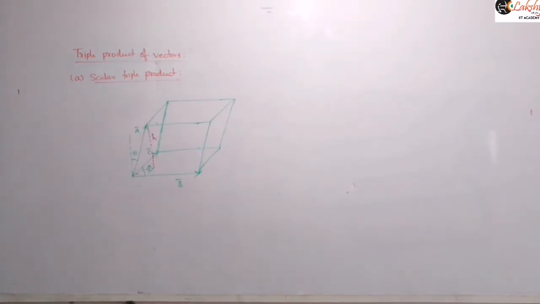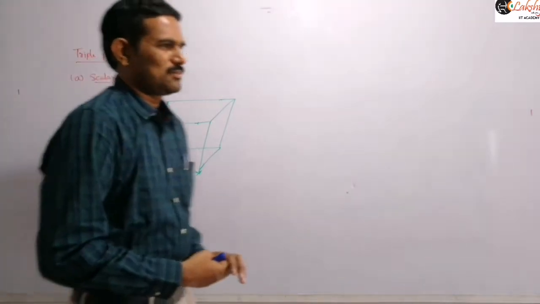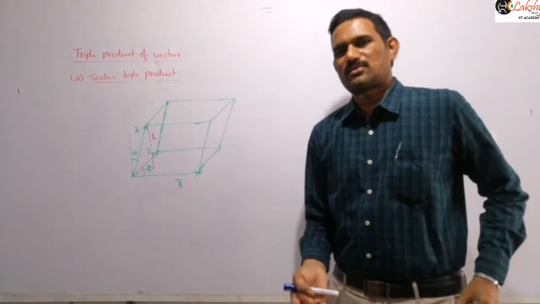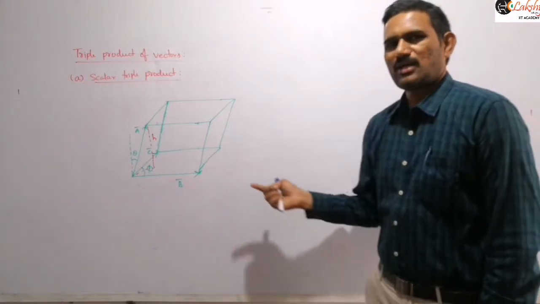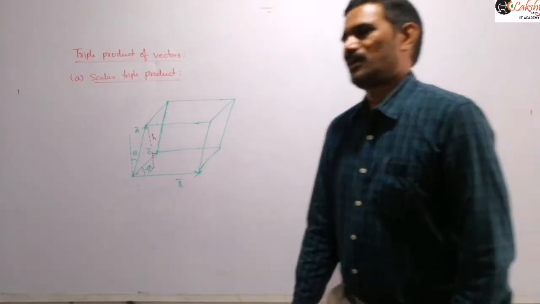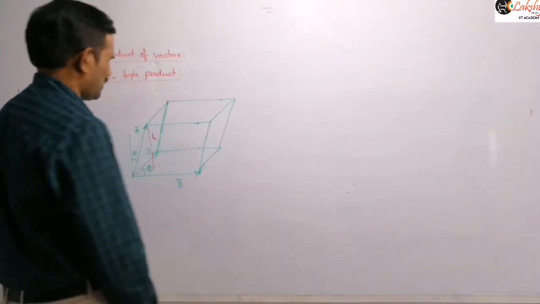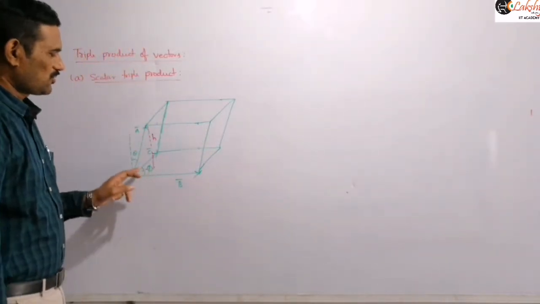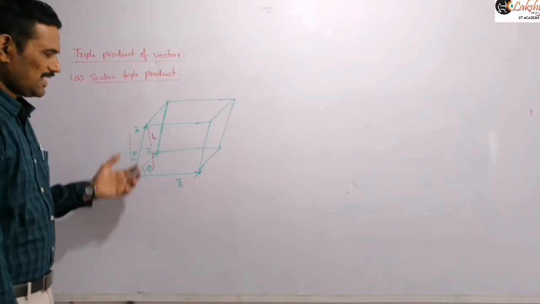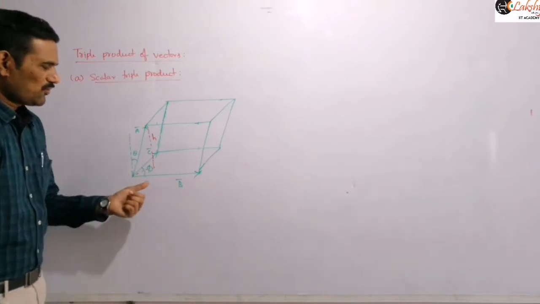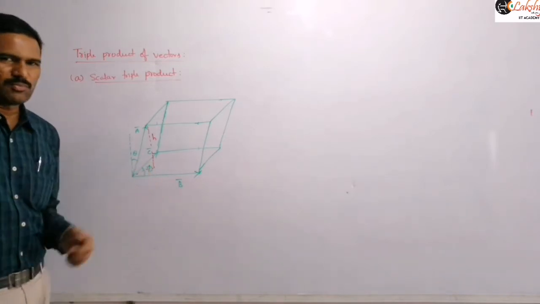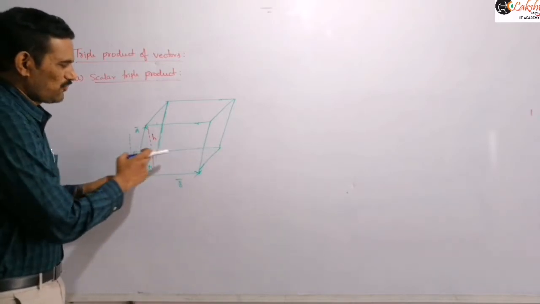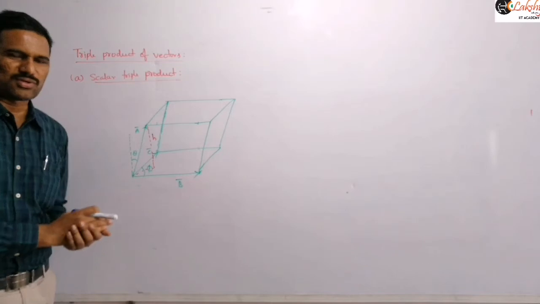So now to define this scalar triple product mathematically, let us consider what it actually represents. Suppose I am taking a parallelepiped like this, formed by three vectors as the adjacent sides of the parallelepiped. This is A bar, B bar and C bar, right? And now we know that if you find the cross product of two vectors, that gives the area of the parallelogram formed by those two vectors, right?